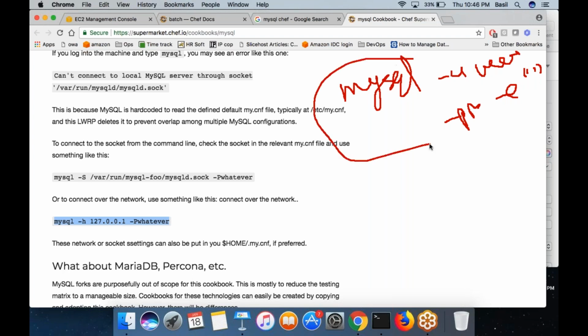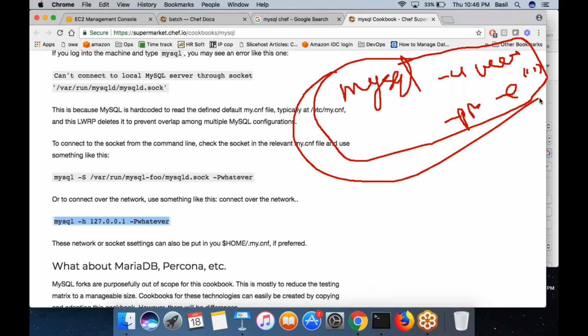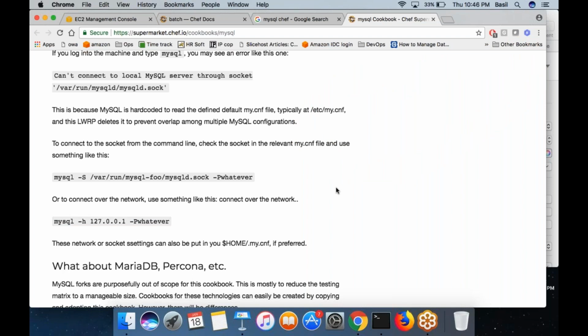So if you run this command on a MySQL node, you can execute the SQL queries that you put inside the double quotes using this Linux shell command. This approach you can use if you want to create a database, create a user and password and everything.